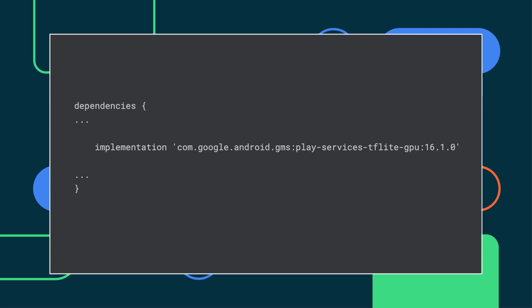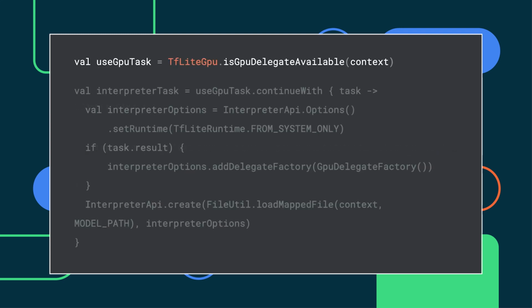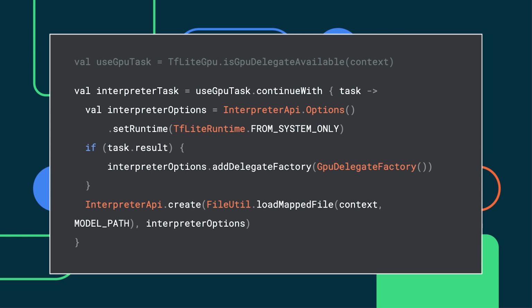First, update your app's dependency to import the GPU delegate dependency for TensorFlow Lite with Google Play Services. To run inference with the GPU, you need to ensure that the device your app is currently running on has a GPU that is compatible with the TensorFlow Lite GPU delegate. Once TensorFlow Lite is initialized, you can verify the availability of the GPU delegate by running the task provided by isGpuDelegateAvailable. Then, launch the task asynchronously by calling continueWith, and in the callback, check the task results to confirm if a